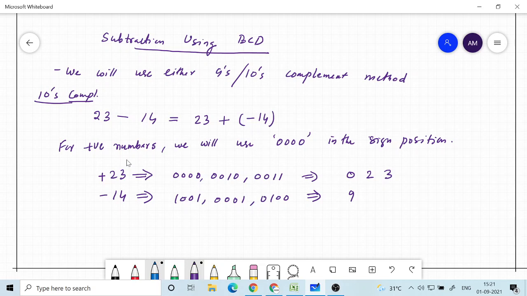We need to represent it first in the tens complement form.